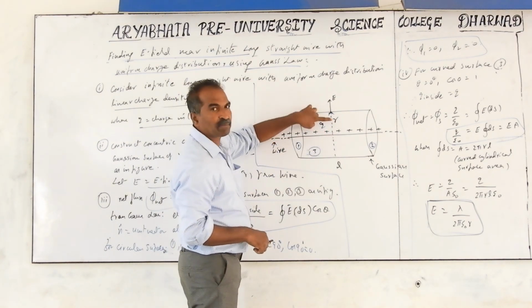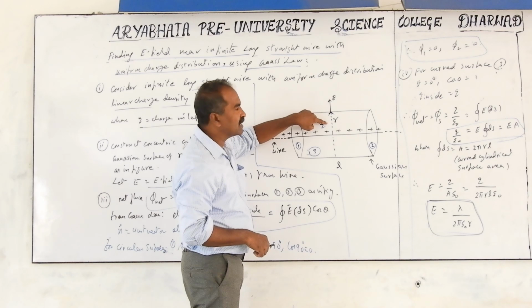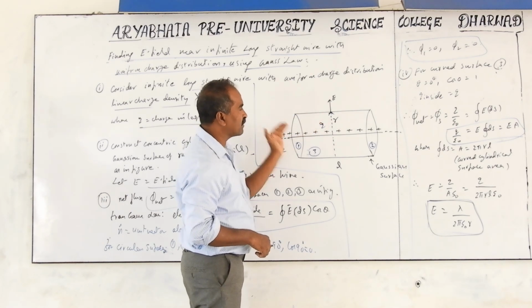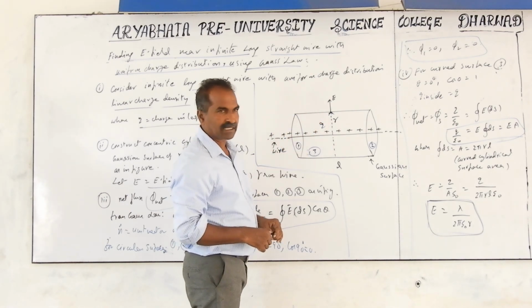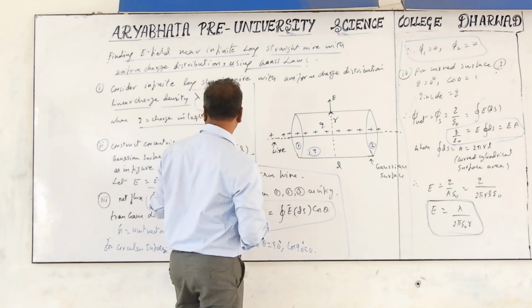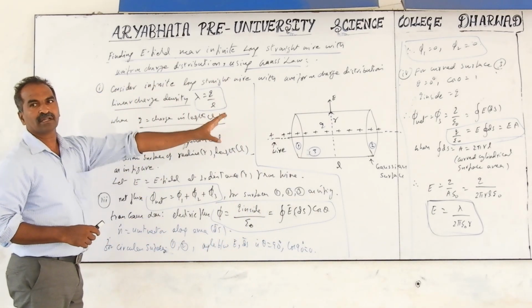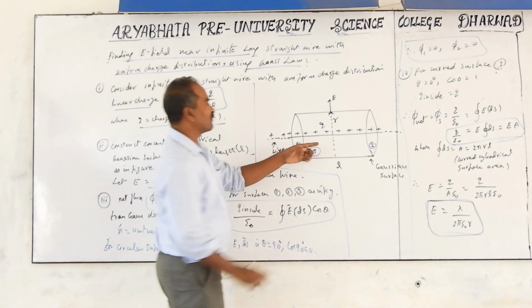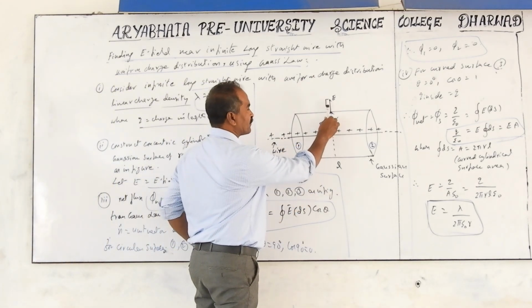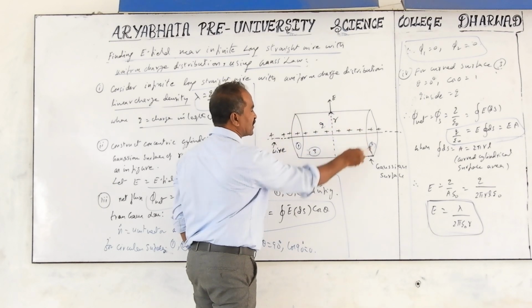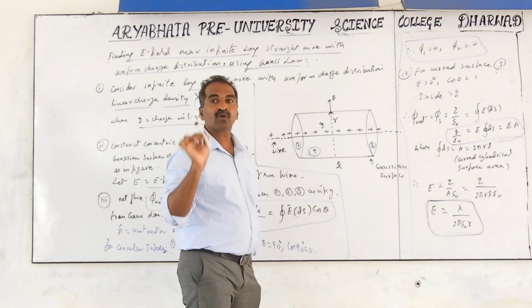The electric field is always perpendicular to the wire and away from the positive charge. We are taking positive charge on the wire in this example, and we draw it as in the figure. If you mention "as in figure," you can refer to the diagram. So the electric field is perpendicular to the wire like this. We imagine a cylindrical surface. A Gaussian surface must be a closed surface.